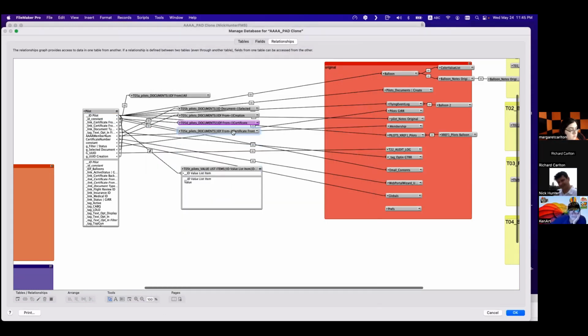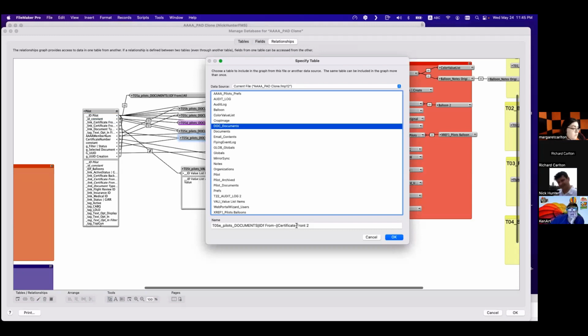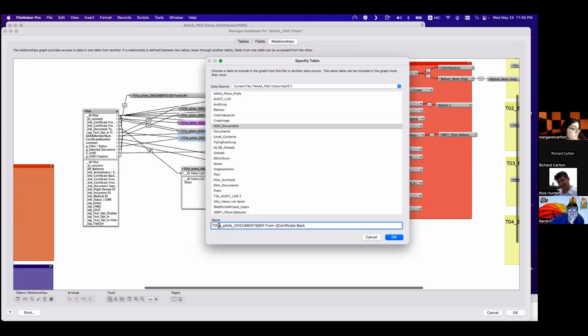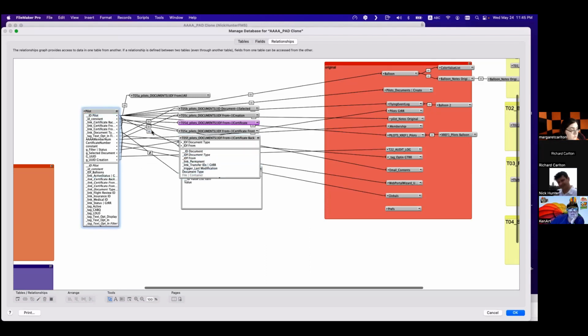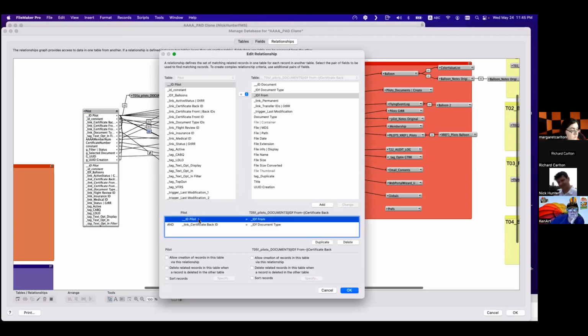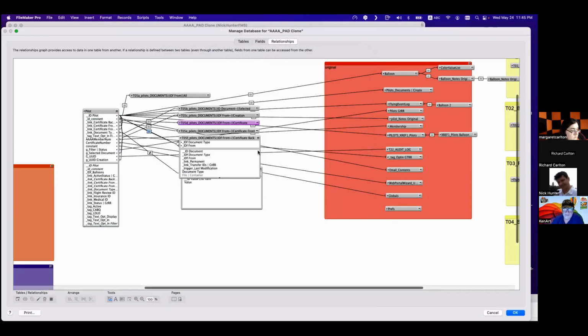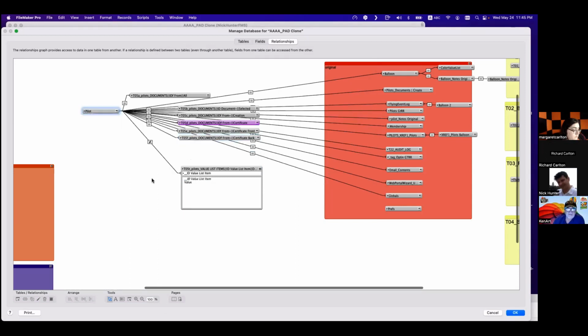Yep. And now I'm doing for the back. Okay. I'm naming this EF, right? And I'm doing the same from, and the certificate back, pilot and the back ID with the tab. Okay. So now I have two fields, two relationships, right? So now it's easy, right? To do that, you have two fields. So now it's easy to get the thing done.